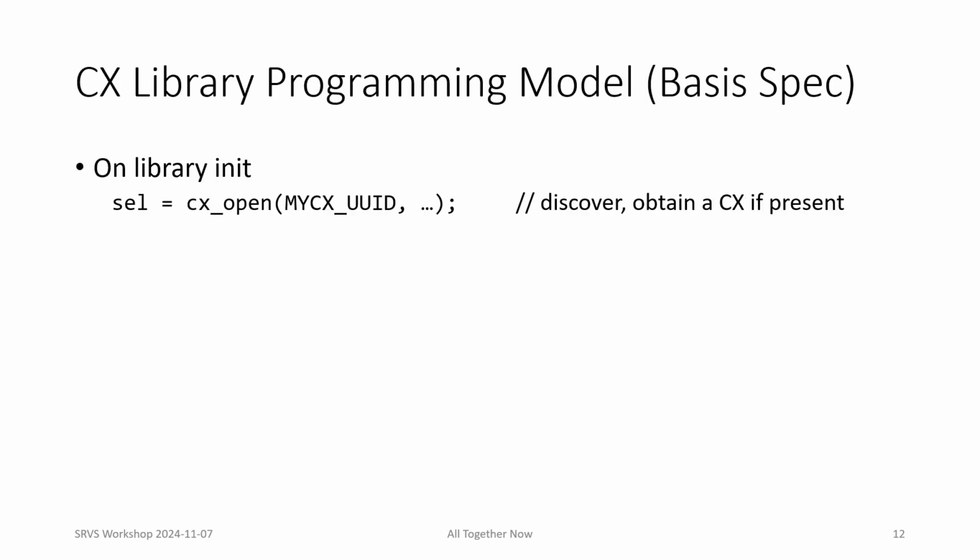Here's a sketch of a simple C binding of a programming model for CX libraries, one that might not require compiler code gen changes. Here, a myCX library calls the CXOpen API to dynamically discover if the extension is available. In the basis spec, a 128-bit UUID is the canonical name of this specific immutable version of the myCX extension contract. If the system implements the myCX extension, the API will then return an opaque CX selector, here called